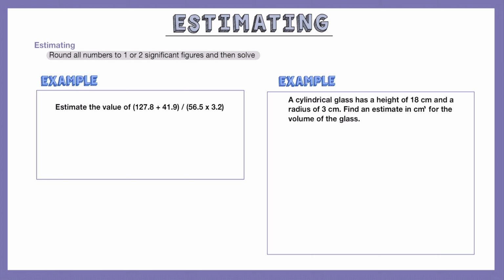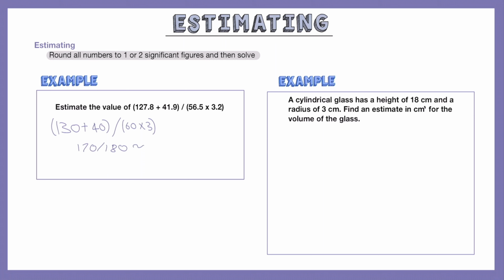So let's start with 127.8, which would be 130, plus, let's do the 41.9, which would be 40, 56, which would be 60, times 3. And now we can do this calculation in our head, which would be 170 over 180,